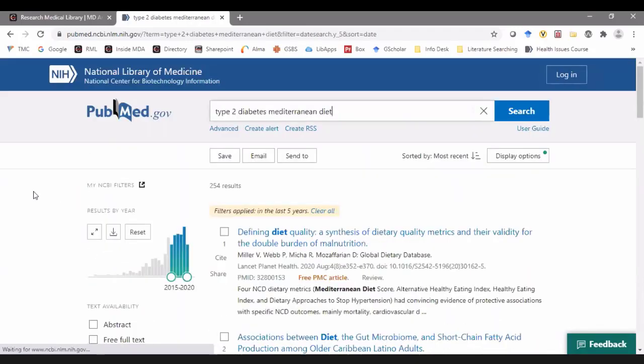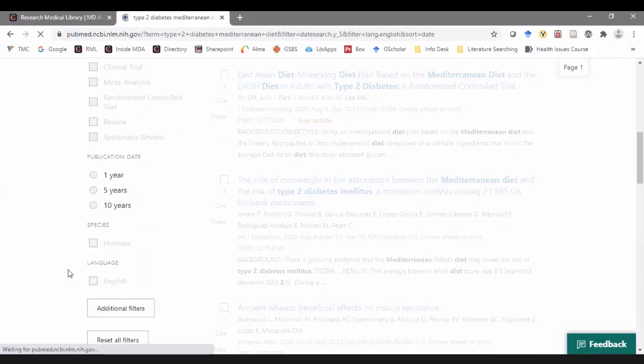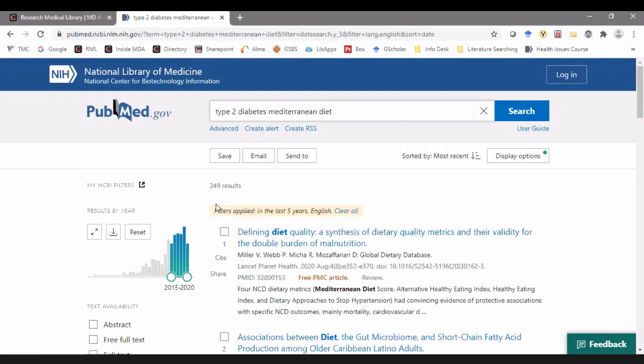So if I click on the 5 years, what you'll notice is when you select a filter, you get a pink bar above your first search result, and it tells you what filter has been selected. This one, last published in the last 5 years. Notice our search results have decreased to 254. We can add additional filters like English, and our search results are again filtered to a few fewer results. So we don't have any non-English articles, and we can see that the filters applied include both our publication 5